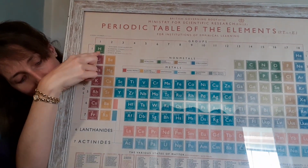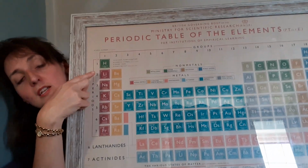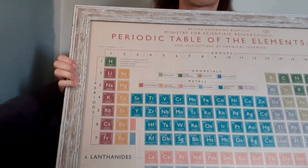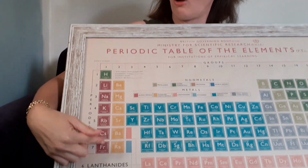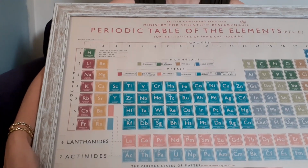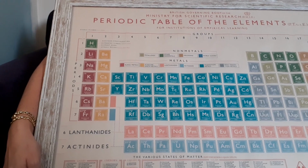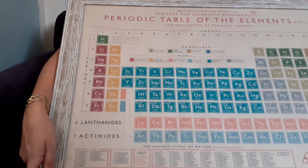My nice sort of maroony elements down here. We start off with lithium at the top. Okay? Now, as we know, because our good friend Dmitry Mendeleev told us, all of these have something in common. That's why they're in the same group. So what do they have in common? First of all, they react really, really well with water. They give off hydrogen gas,